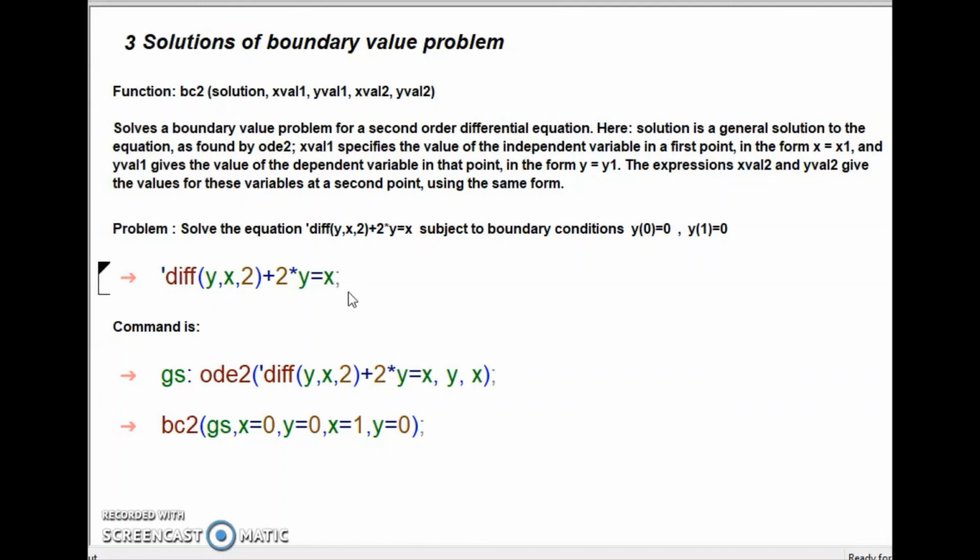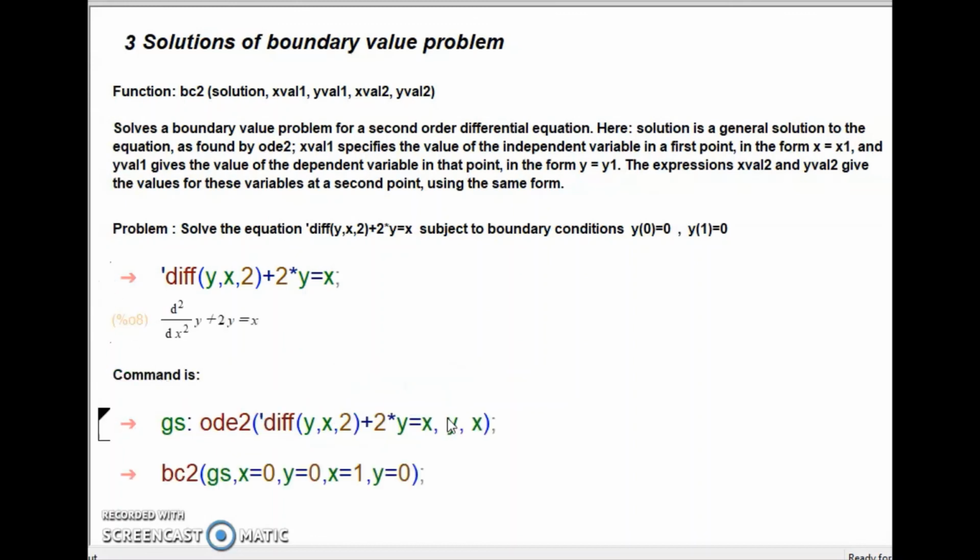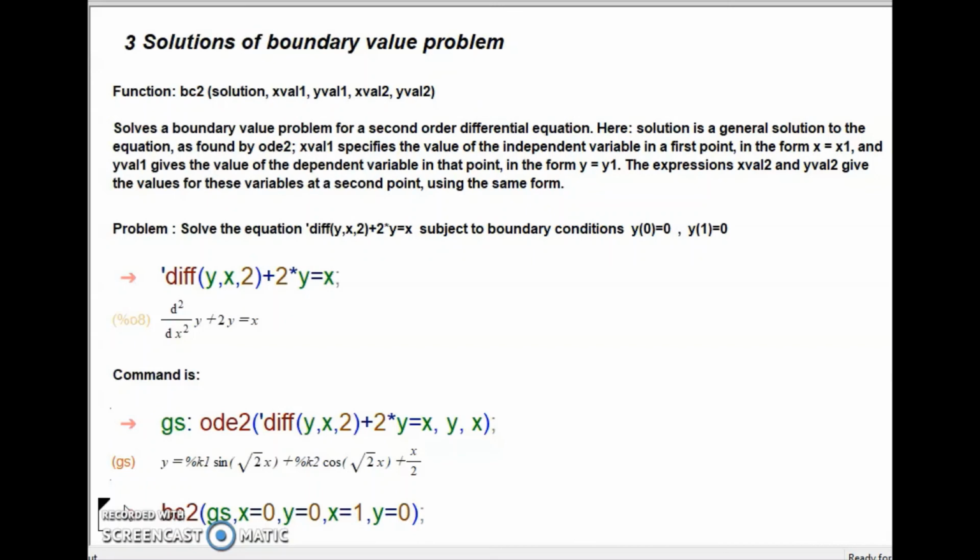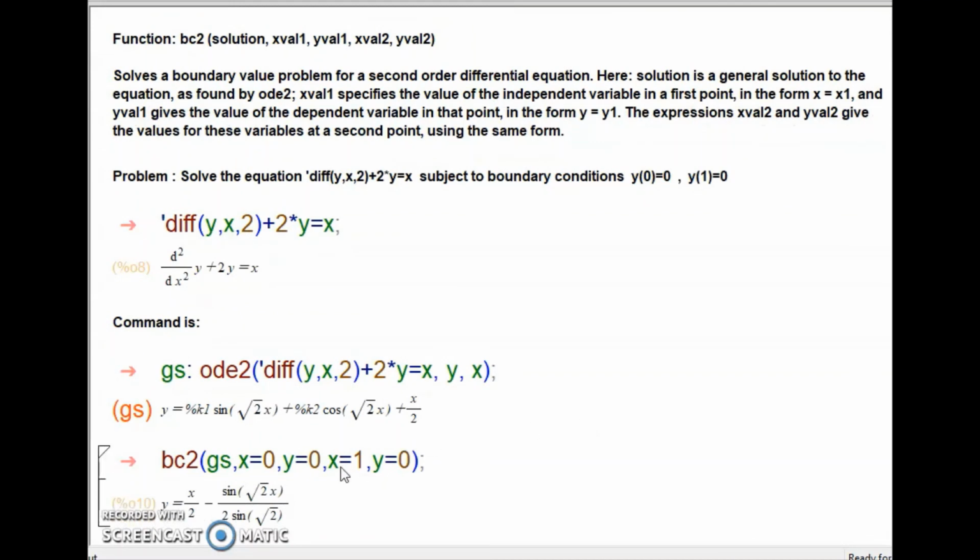You may see that I have not put a dollar sign, but still I have hidden this. This is because I have clicked over here. In this part, if you click, then you can hide the answer. I am going to reveal the answer. You may pause the video and find out the answer yourself. Now this is your answer. Here also I have suppressed the result by hiding the answers, not by placing a dollar sign. I am going to reveal the answers for you. Okay, so you got your answers. Now you can see here we have written BC2. That means we have a second order equation with two conditions.